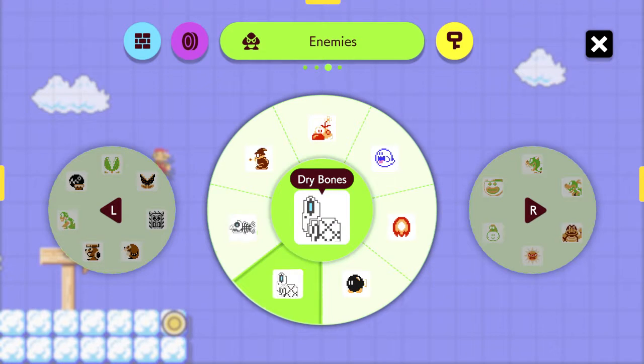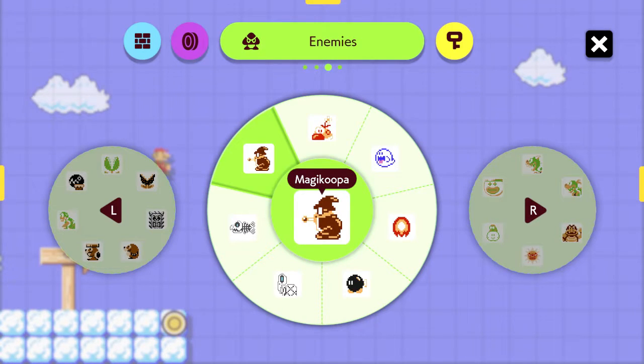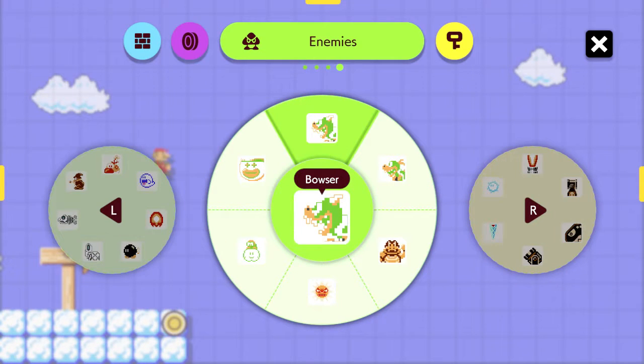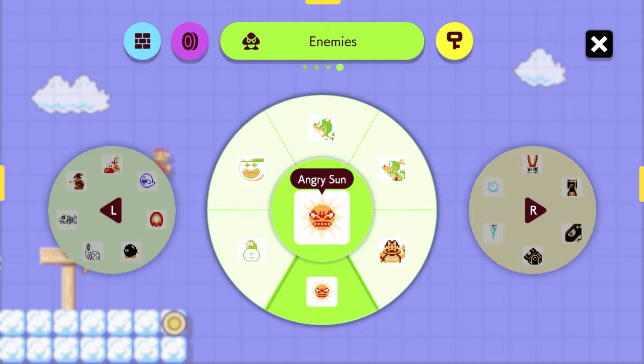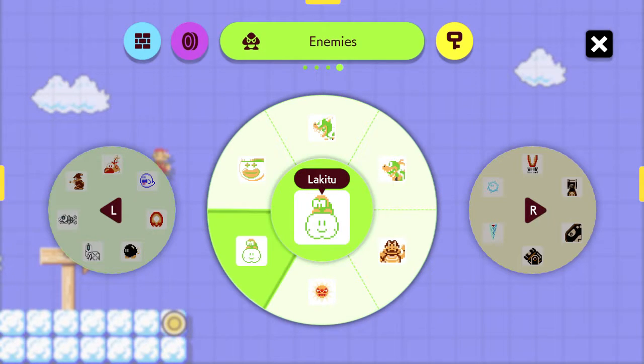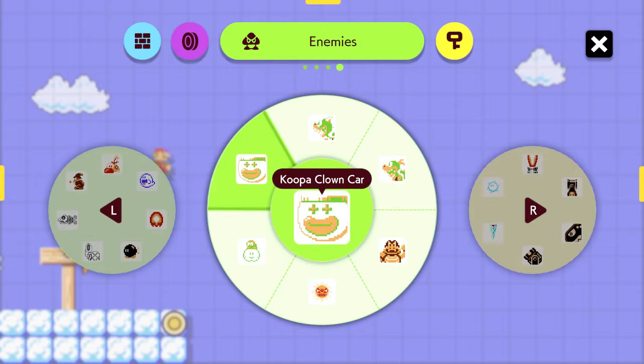Oh, okay, so now they're separate. Thank goodness. I always wanted this because, you know, that's stupid. Because I want Dry Bones in the water. Magic Koopa or Kamek, Bowser Jr., Boom Boom, the Angry Sun, which is a neat addition, Wiggler, Koopa Clown Car,